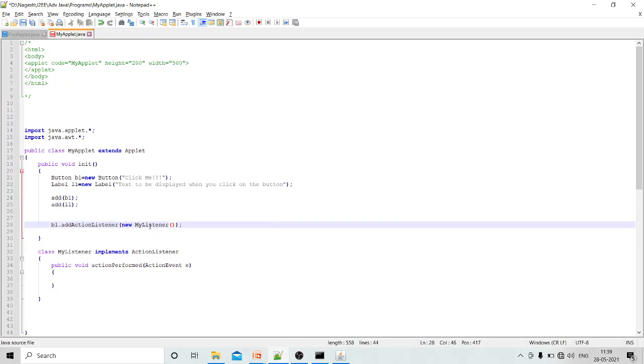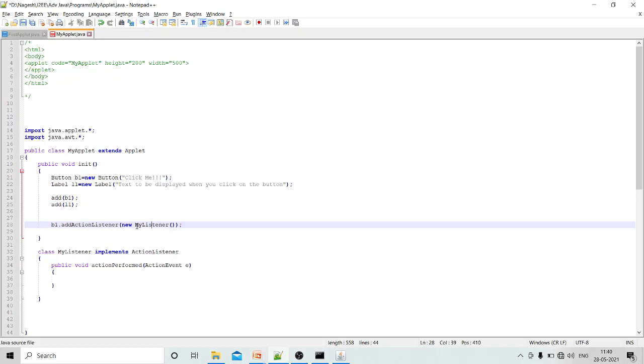This step creates an object of the MyListener class without any name, because a name is not specified here. In the earlier case I had specified the name m, right? But here only new MyListener means an object is created, and that is sent as an argument to addActionListener. Okay, so registration is done.